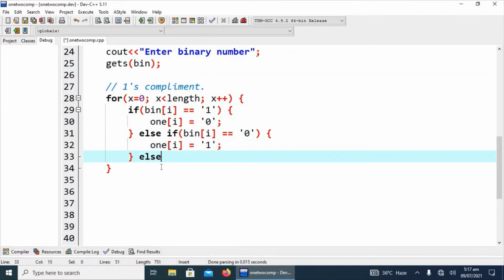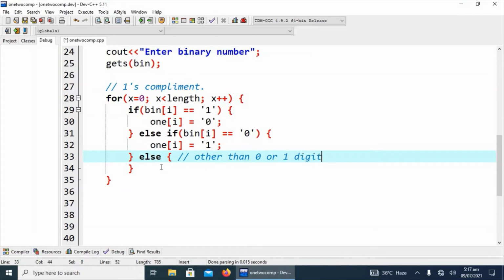And what will happen if the binary array contains characters other than 0 and 1? Then we will have to check here for any digit other than 0 or 1.